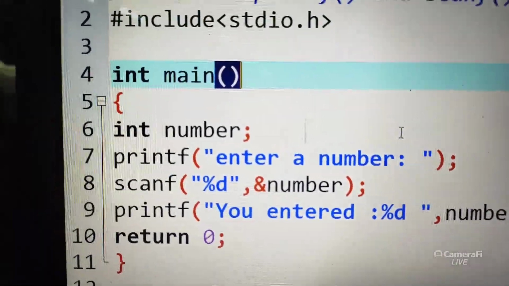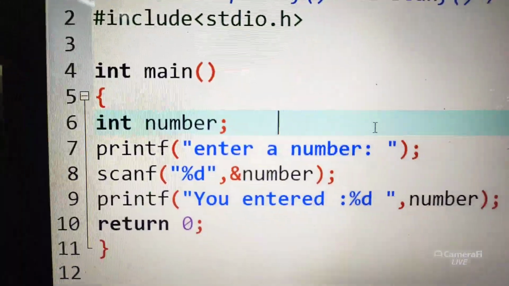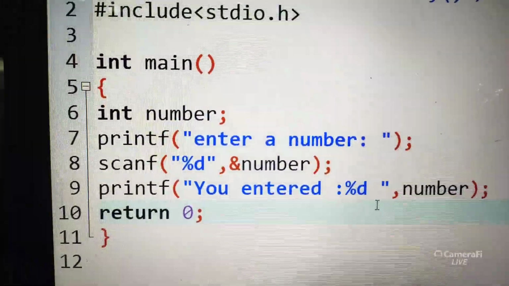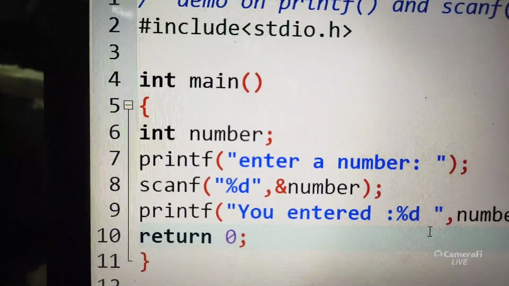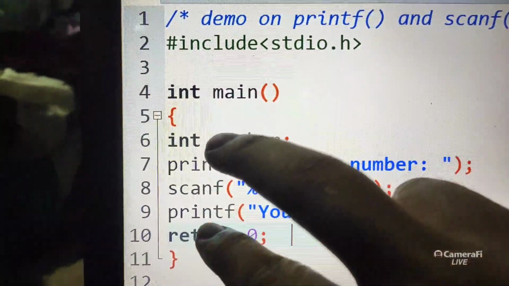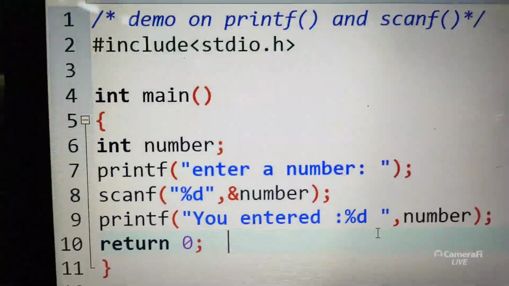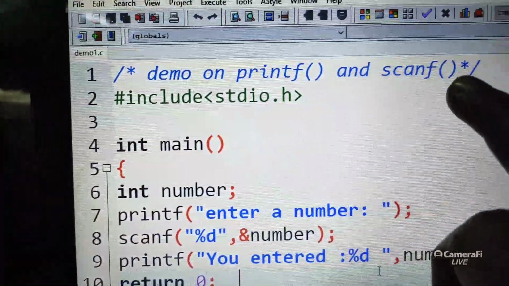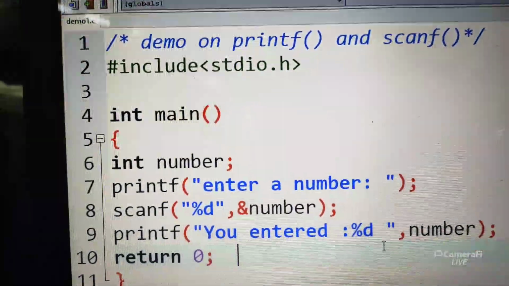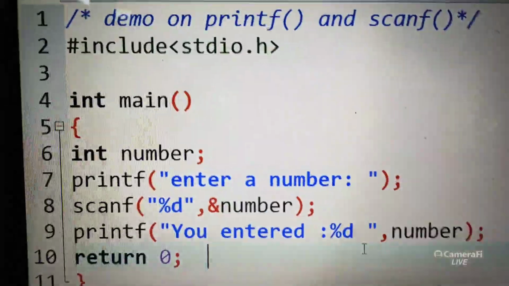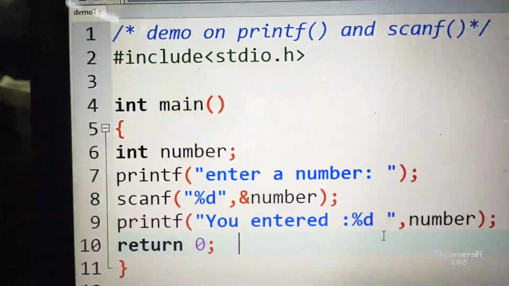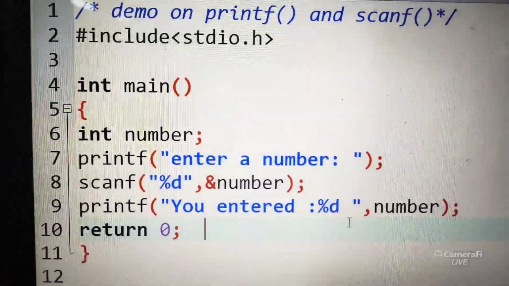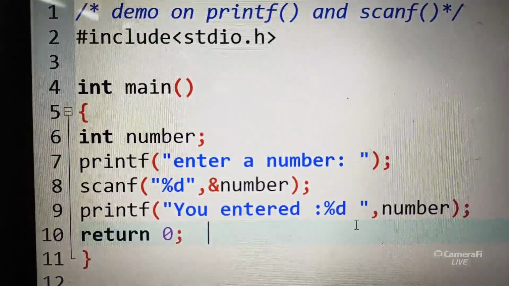While observing each line in main, before main there is no semicolon. Each line has a semicolon, meaning end of the line. Open brace, close brace: these five lines belong to the main function. Then the first line shows start of comment, end of comment. And while observing, all the letters are in small case. 99% of C language uses small case English letters.